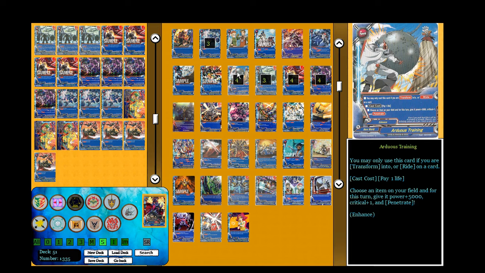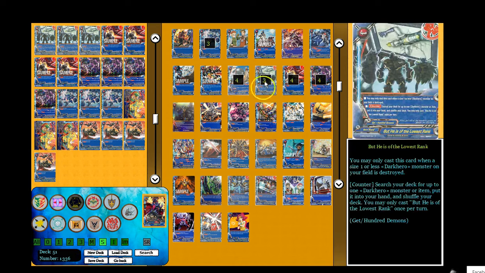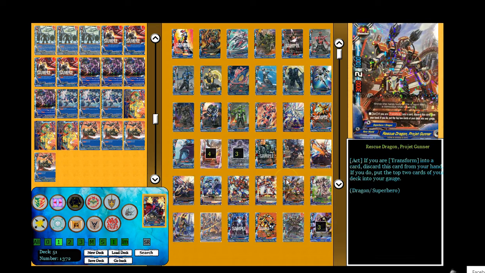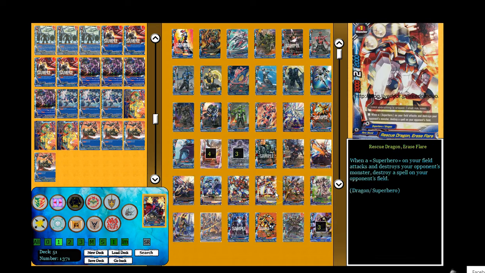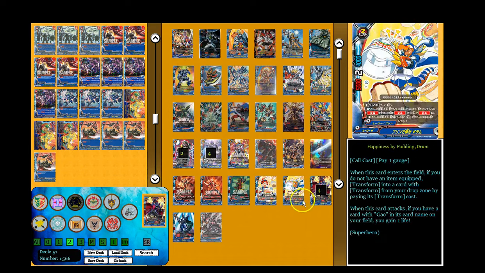It works on our Mirko, and basically you pay 1 life, you choose an item on your field, and for that turn it gets 5,000 attack, an extra crit, and penetrate. So, if your opponent has something in the center, and you don't have enough to get rid of that, you play Adorius Training, and then you hopefully have some Gwens or something, you Gwen, 2 attacks, maybe 3, depending on what's going on, and then you put your Adorius Training on this,